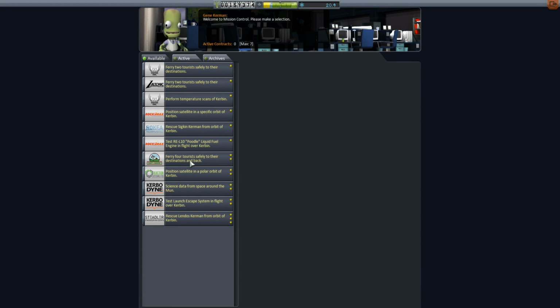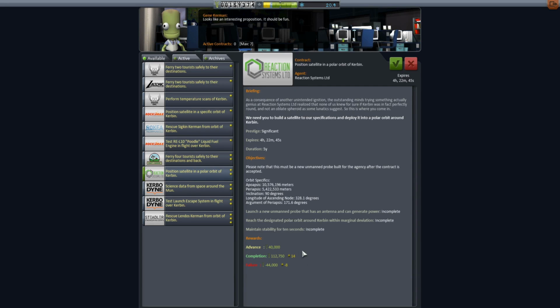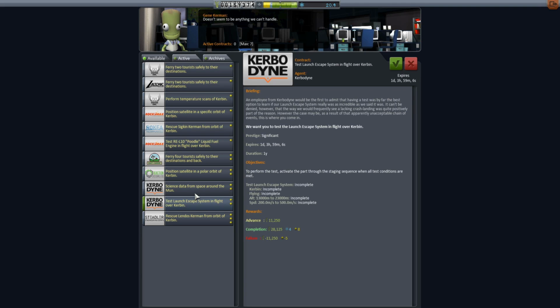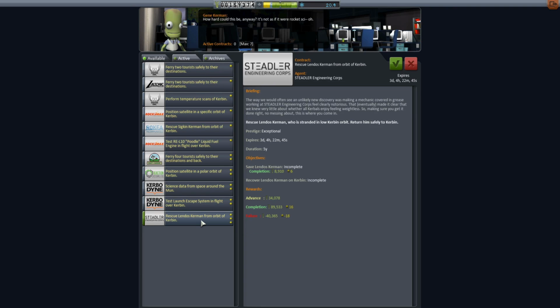So we've got ferries and tourists and all of these things. This is going to give us some funds and perhaps some science. We can see there's completion funds and advance and all that sort of stuff. So we're going to go ahead and grab up a bunch of these. See, some of these do have science because we're testing particular parts, and we can pick up to 7 of